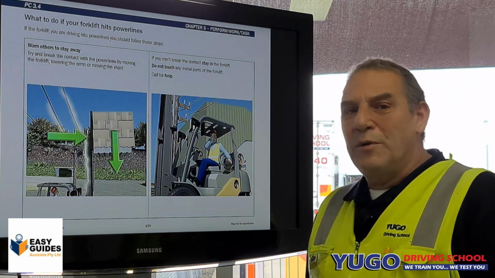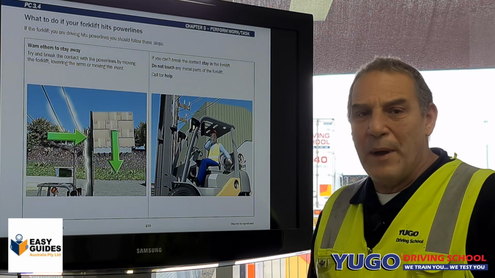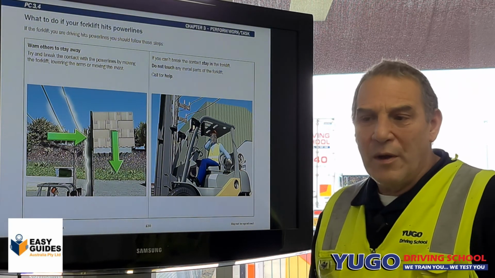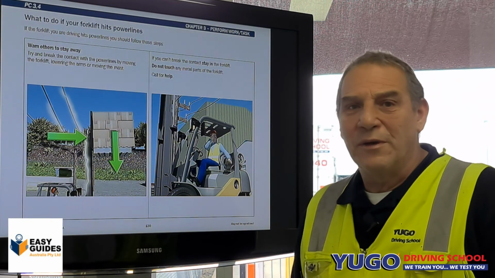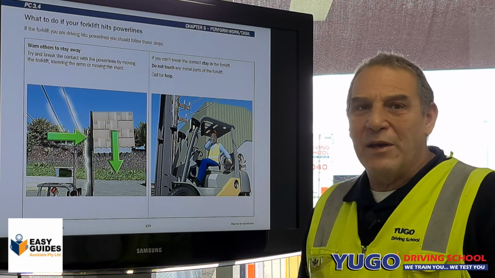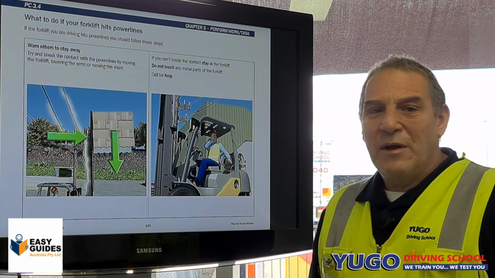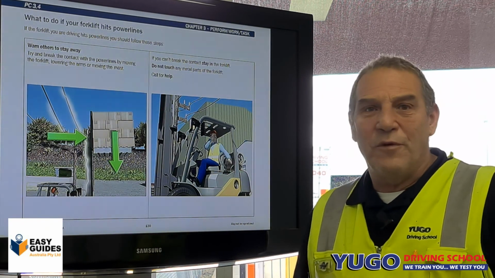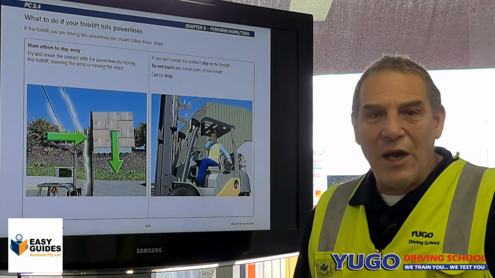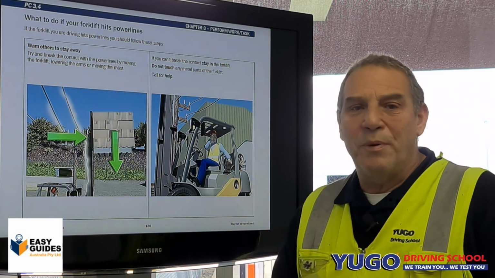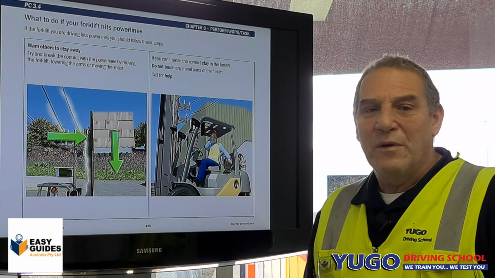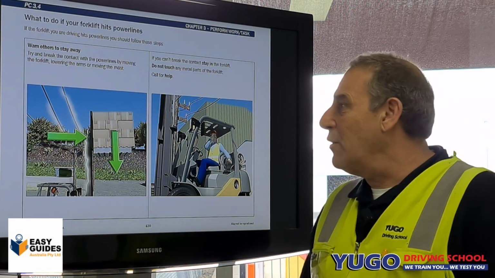What would you do if your forklift hits power lines? There is a procedure, providing you haven't been injured or worse, killed, while you attempt to break connection of the power lines. If you can't break connection, the forks could have been welded on, you stay on the forklift. You don't touch any metal parts of the forklift. If you can't stay on the forklift,